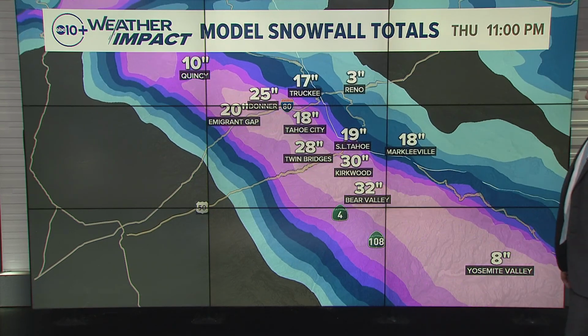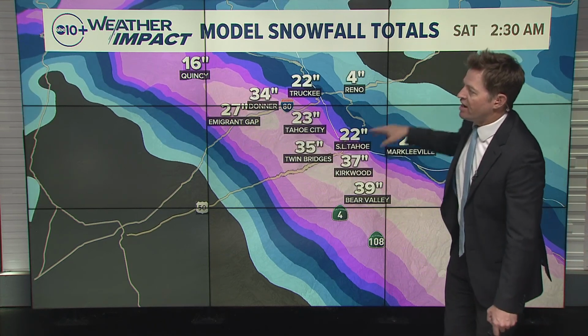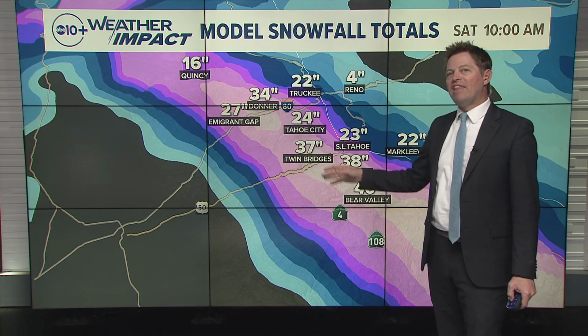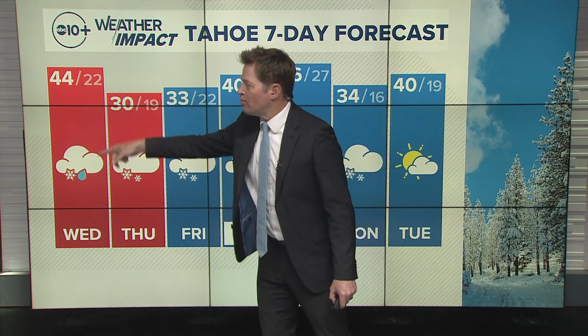Now, here's a look at the snow forecast. 2 to 4 feet of snow is what we're looking at. That's from Thursday to Friday. We're adding in just a little bit more, and that's how you get to those totals when you add in Friday. So focusing in on Tahoe over the next 7 days, the most impactful is the storm moving in today,